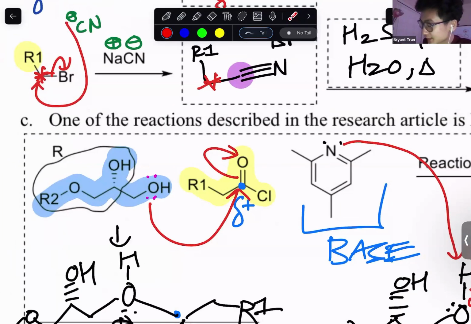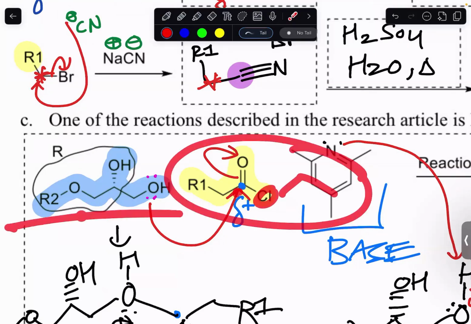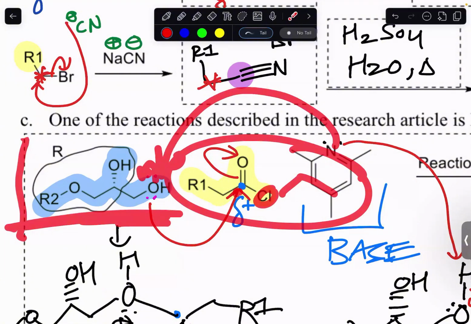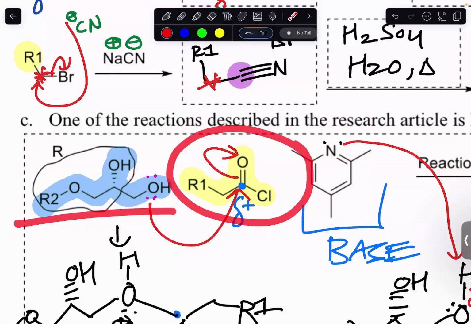Because if we had an ester, let's say for example with an OR, this is not a strong electrophile. That is a weak electrophile, right? So we need a strong nuke then. Right now, this is a weak nuke. To make this a strong nuke, we have to deprotonate with the base, right? Yeah, that's good. This is not required because this is a weak nuke with a strong electrophile, which is going to do the attack